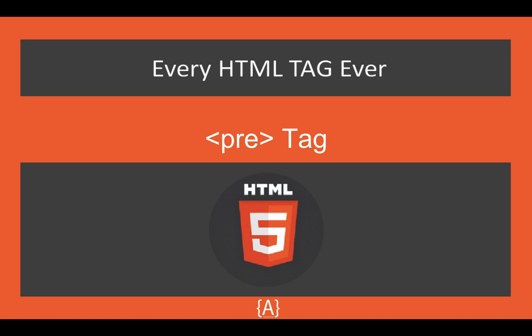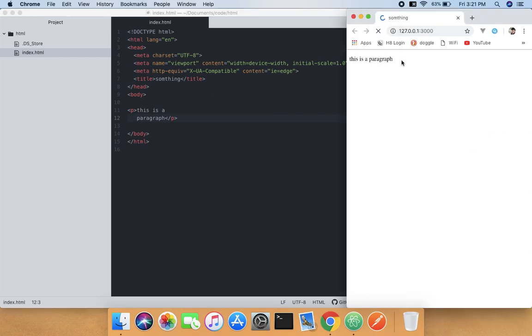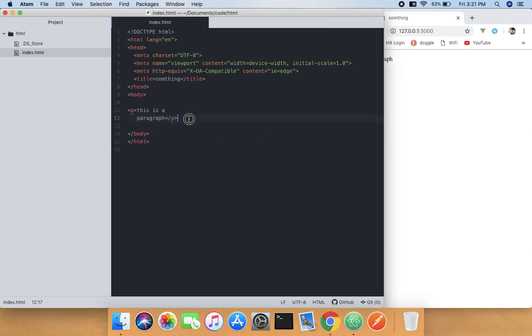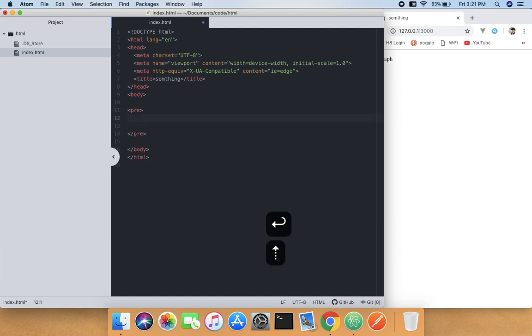So for that, first what I'm going to do is just remove this "This is a paragraph" in the p tag. If I press enter, is it going to show up on another line? You see, it's not possible. But for that to happen, we have the pre tag. So pre, and you can use this by